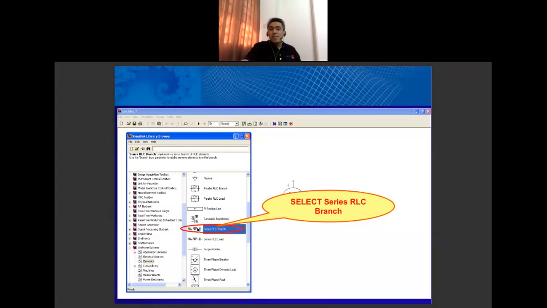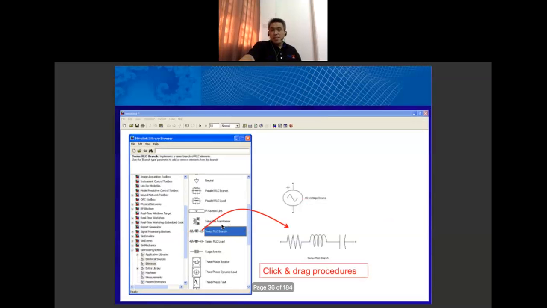RLC is actually for resistor, inductor, and capacitor. Just perform the click and drag procedure to copy this component from the Simulink Library Browser to the Simulink window. So we have the RLC branch in our Simulink window.